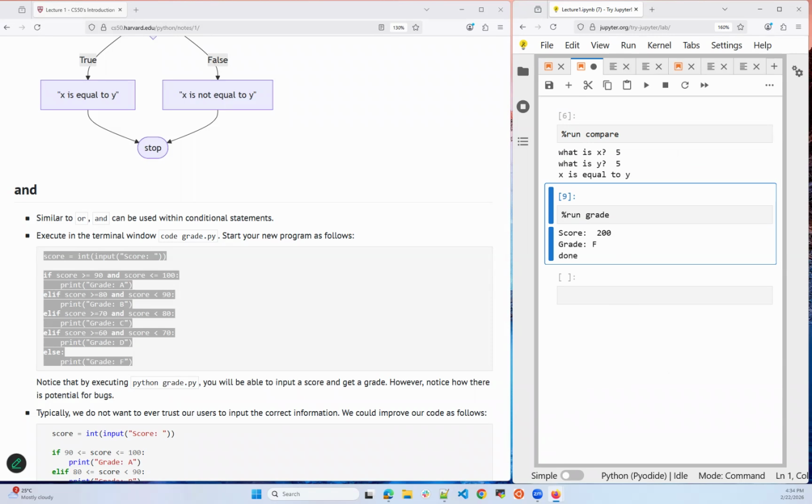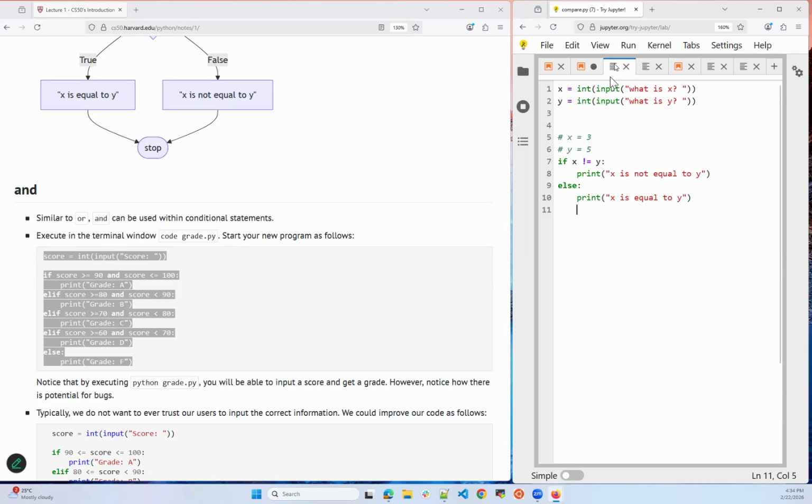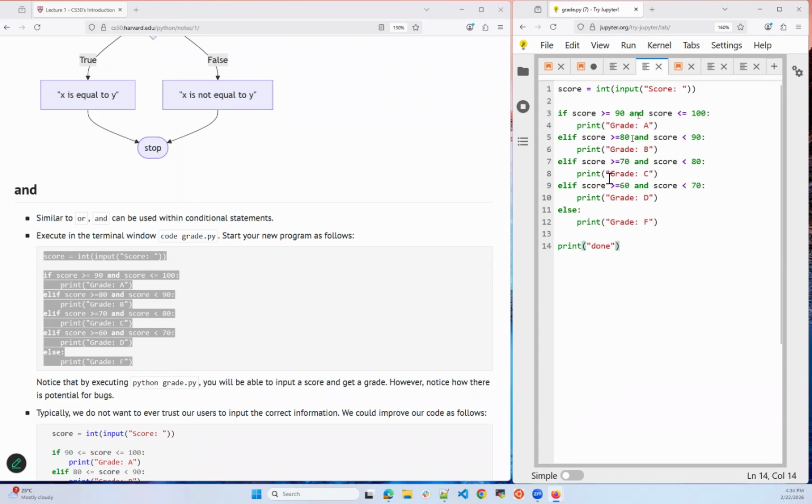We should maybe add a check if the score is bigger than 100, then it should say this is not a correct grade,